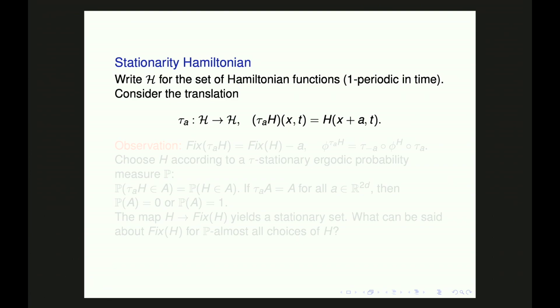So you define the translation, and let's make a simple observation. Again, I'm writing fixed H for the fixed points of the time 1 map. It's a little bit confusing, but remember that I'm interested in fixed points of the time 1 map. The simple observation is that if you translate the Hamiltonian, the set of fixed points also translates. So if you select H